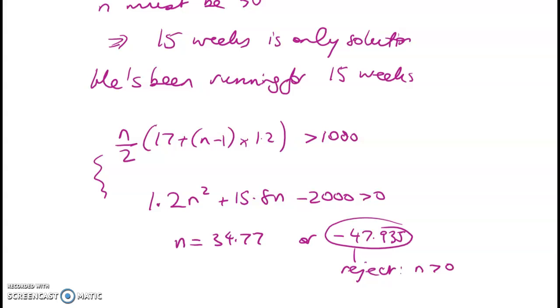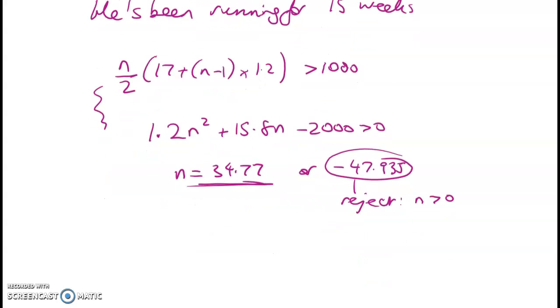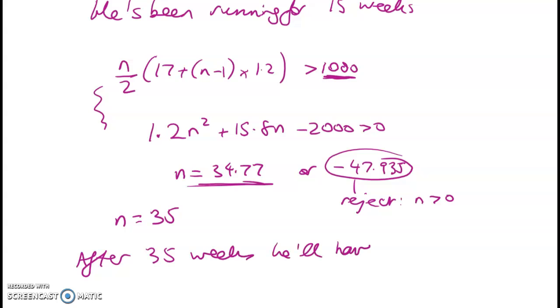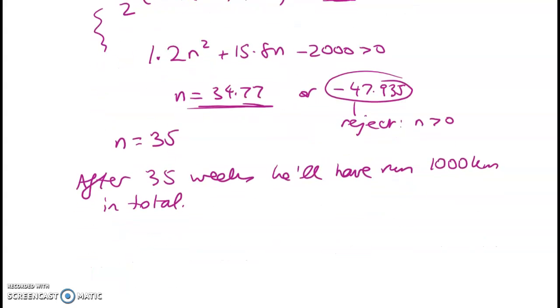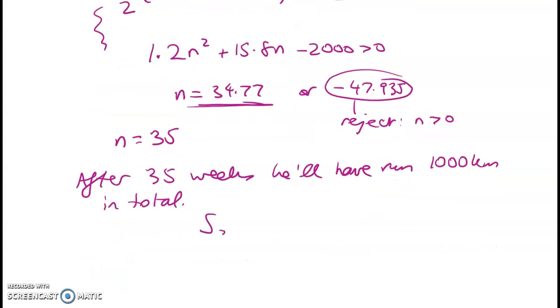n must be positive. And this one here, if we think about it, at n equals 34, we're not going to have hit 1,000 kilometres. So we need to have n equals 35. So after 35 weeks, he'll have run 1,000 kilometres in total. And you can check that by putting in S of 35,